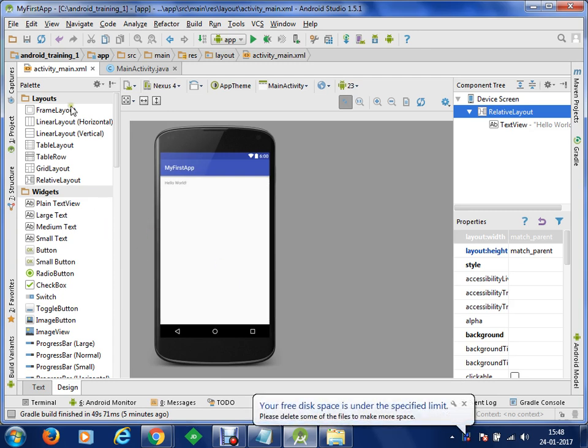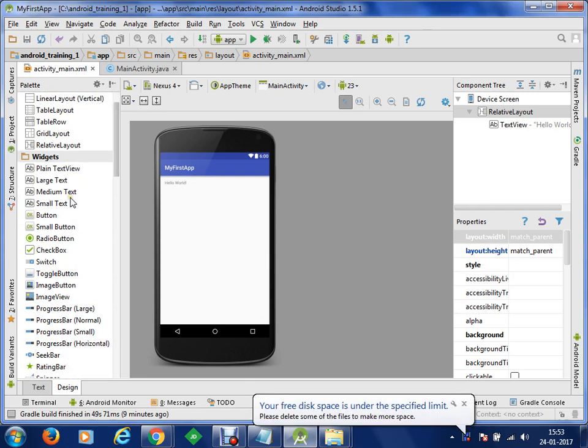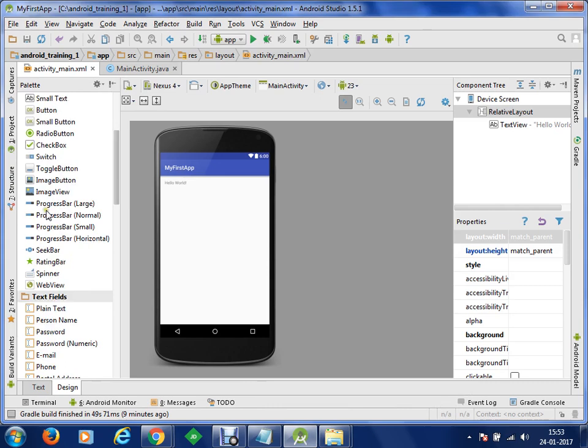On the left hand side, you have a palette wherein you can use individual layouts and widgets. In widgets you can use text view controls, button controls, switches, progress bar. These are very common controls which will be used in your Android applications.